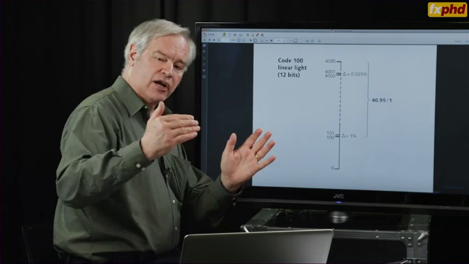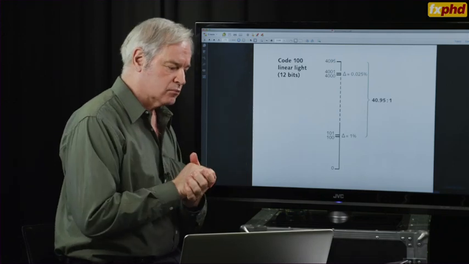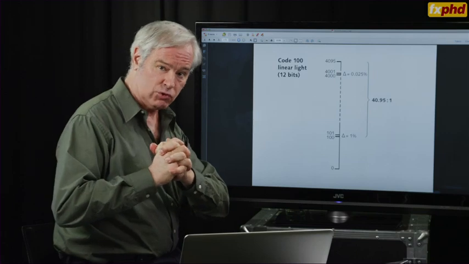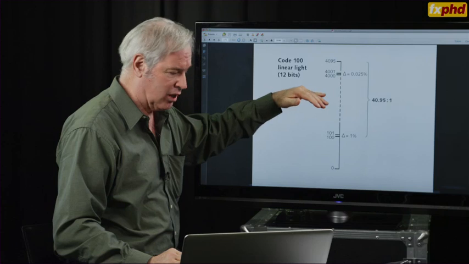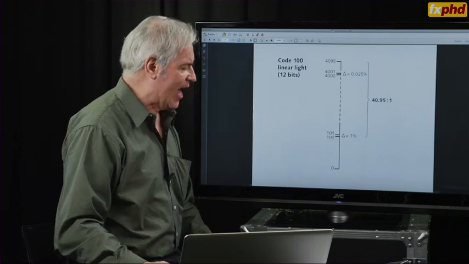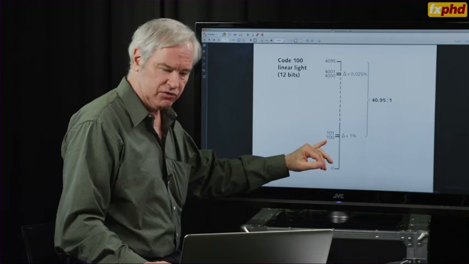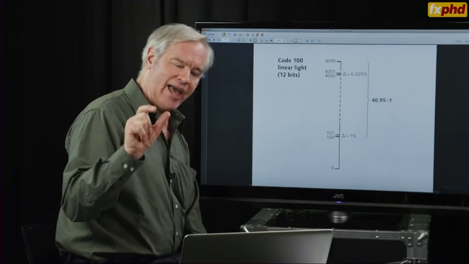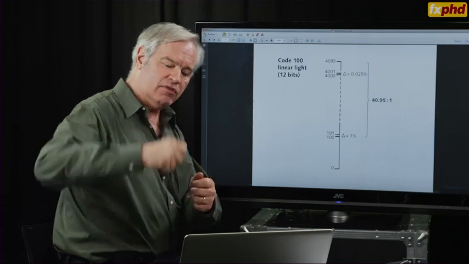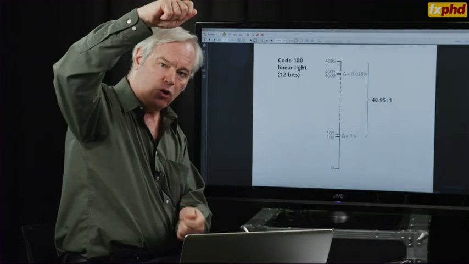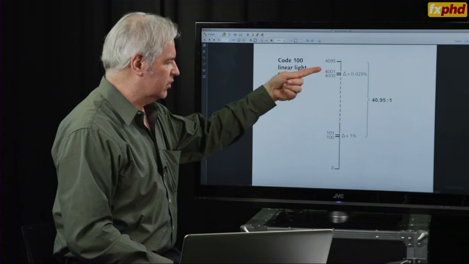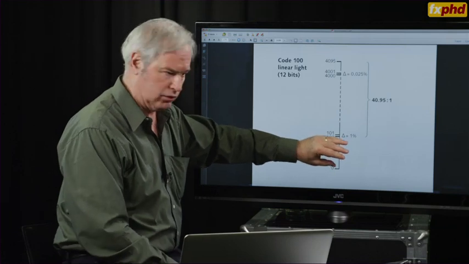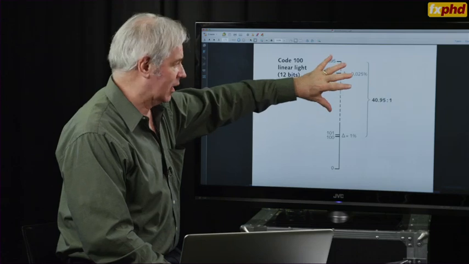So now you've already got an introduction to a little bit about bit depth. So 12 bits is fine for human visual perceptual purposes. We've pushed the code 100 problem so low on the scale that we're not likely to be able to see those artifacts, but it's not very efficient. And you can get away with 8-bit coding provided that you distribute the codes differently along the scale to overcome this issue that there are not enough codes in the deep areas of black in linear light, and there's too many in the highlights in linear light.